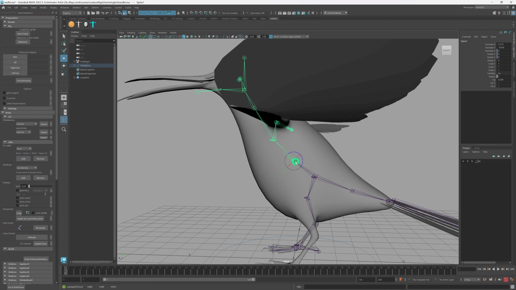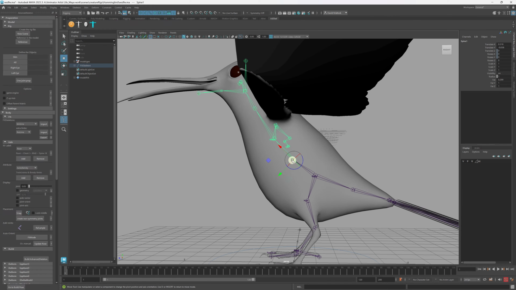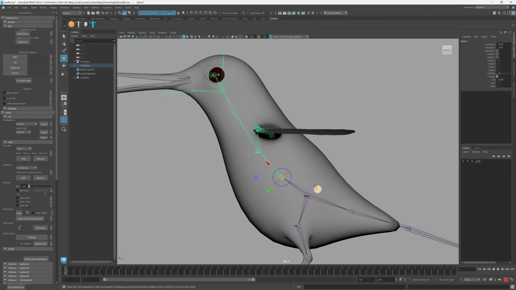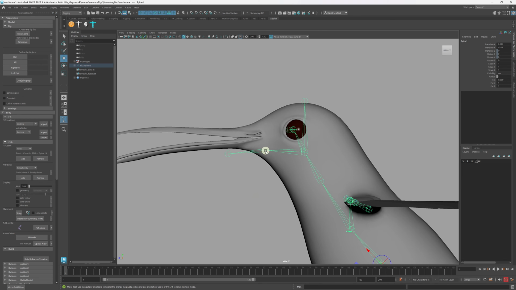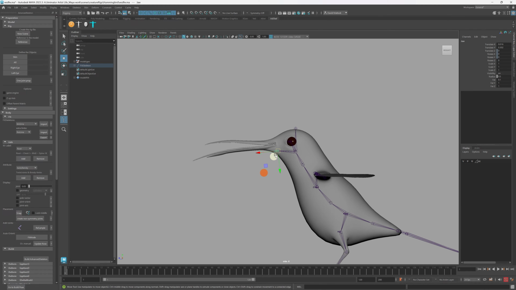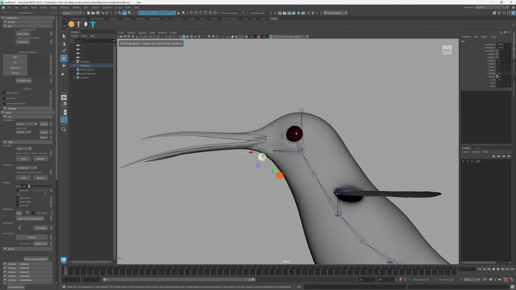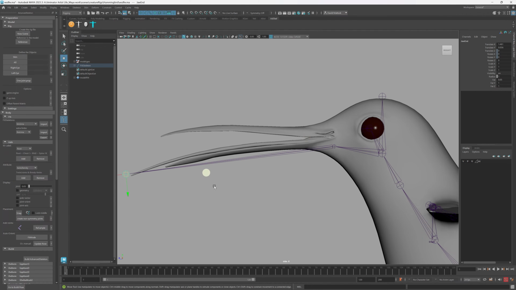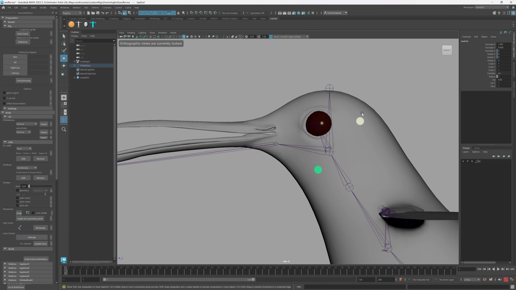So what you want to think about is where your control is going to be and where it's going to bend and rotate. Okay, so I'm just going to go back into a side view. I'm going to sort this head out now. So I'm going to go here, I'm going to go out of that mode, and I'm going to put that where I want the jaw to rotate. So it's up here. I'm going to move the end right out here. It's a really long joint that's just going to open and close the mouth. I'm going to move the head up because at the moment we're going to be covered in feathers here, which gives it a lot more